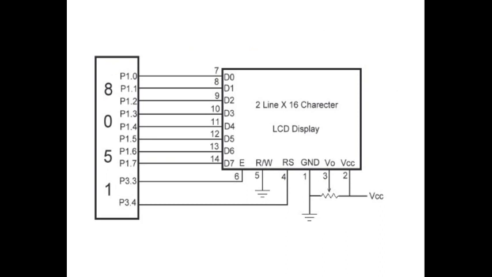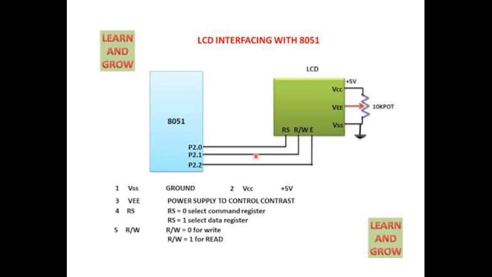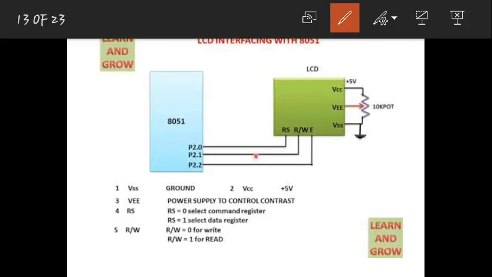See, in this way generally you can interface the LCD. These are 3 pins. Apart from this, I didn't tell you, you will have the data pins. That data pins you will connect to one port, take port 1. So you will have all the data pins. How many? 8 pins. So port 1 has 8.